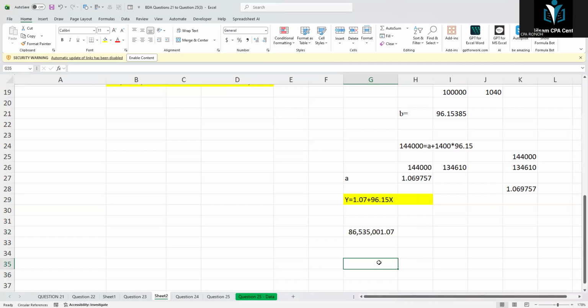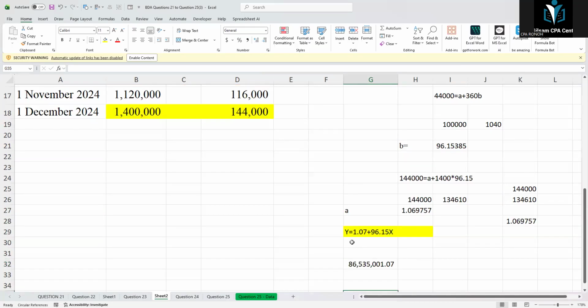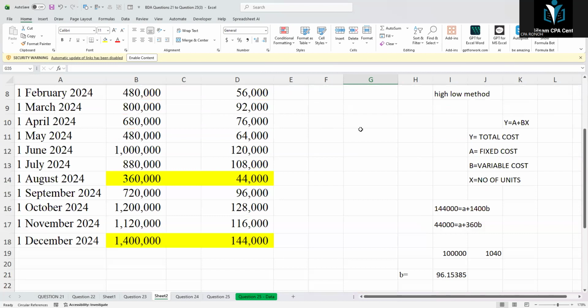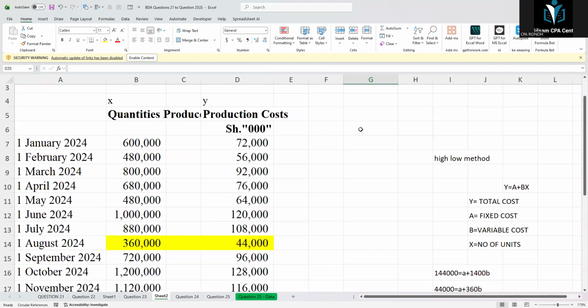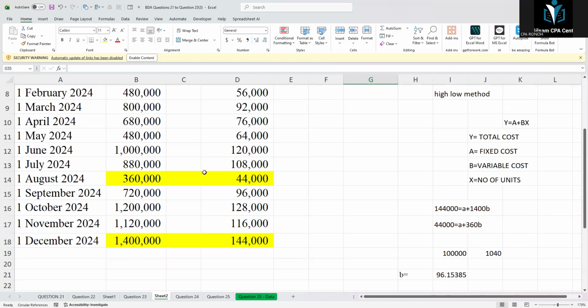Now there is a regression method. So for regression method, first, any questions with high-low method? No, it's okay. So, okay. Now regression method, regression analysis,